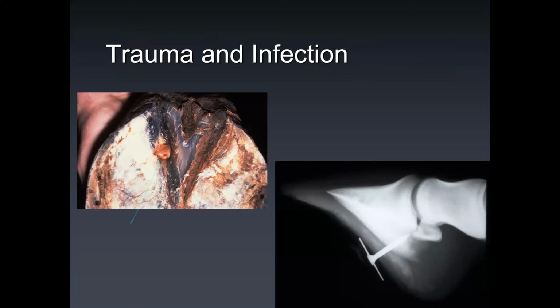On the left here, you've got apparent exudate exiting a small wound in that groove or sulcus between the frog and the sole of the foot. When nails go in there, it's often very, very hard to find the entry point. And if it goes through the frog itself, because the frog is very rubbery, often the wound will close right